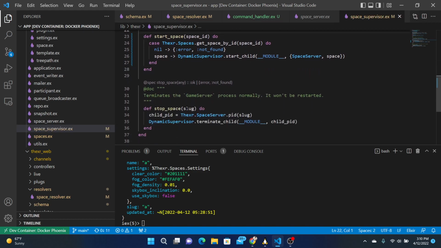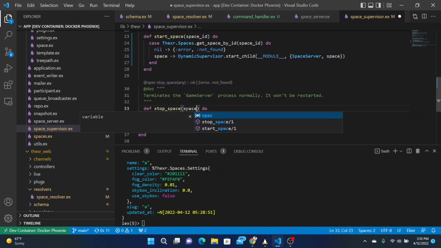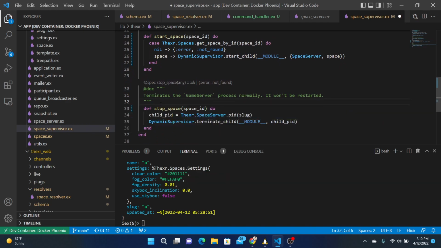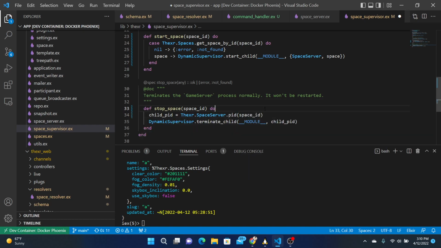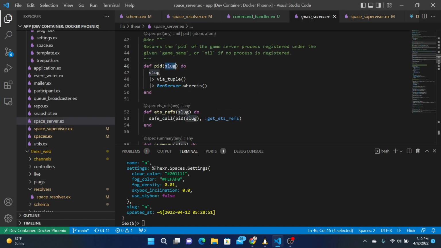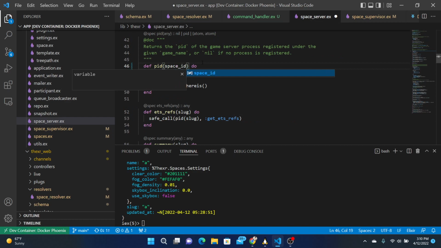Stop space should also require the space ID. So we'll get the PID of the space ID, child PID, and then we'll terminate that. So space server PID needs to take a space ID.